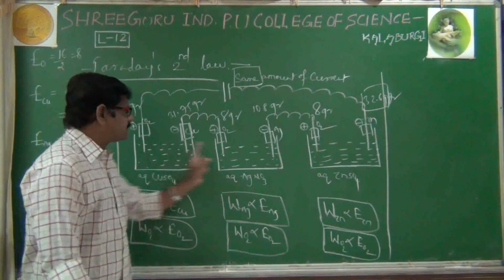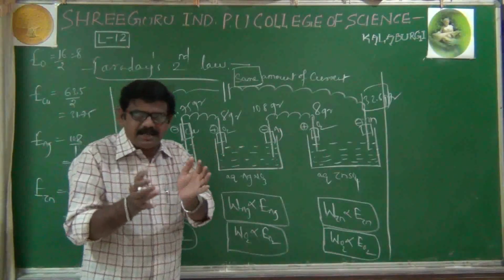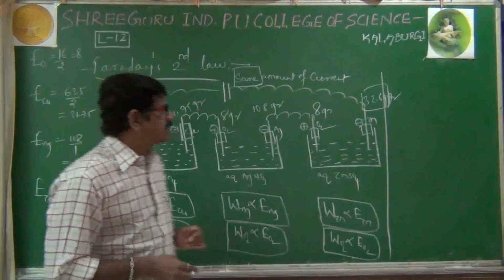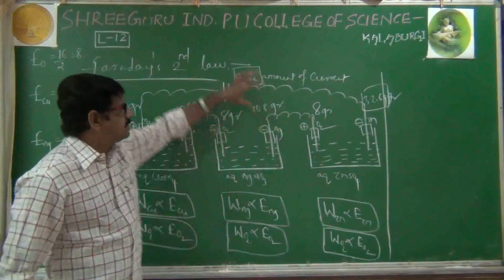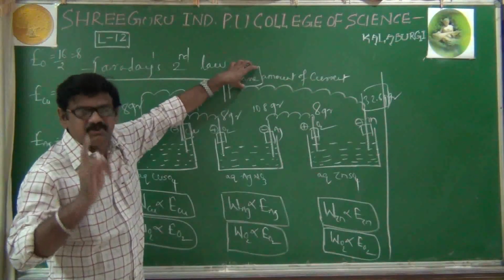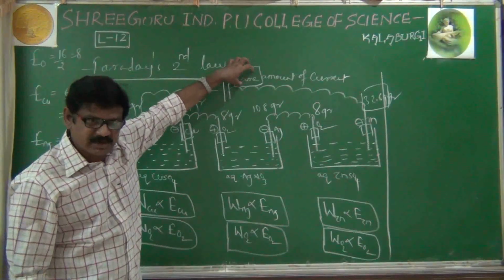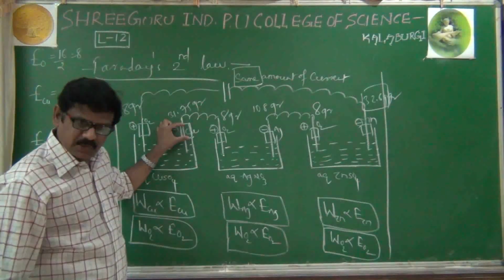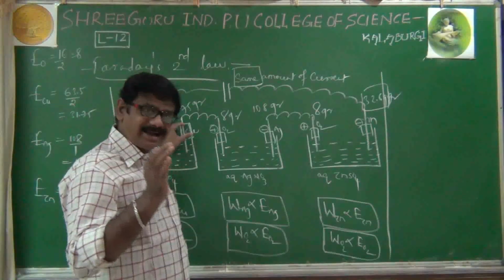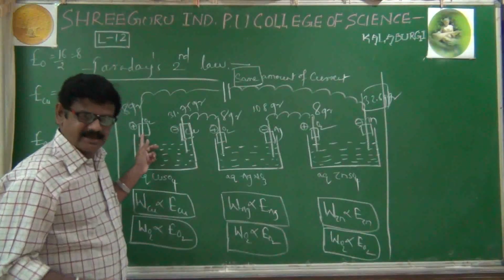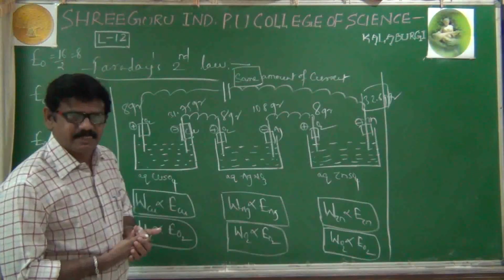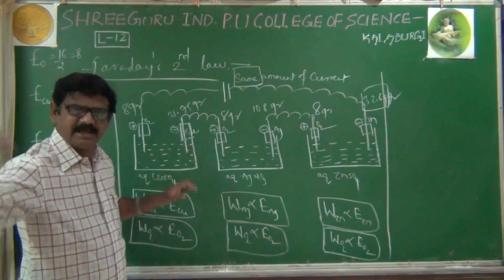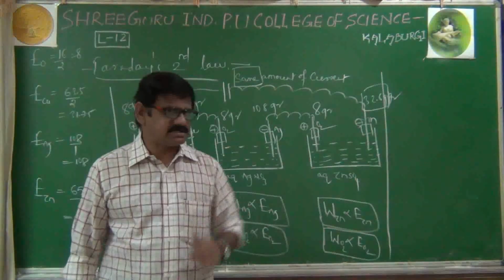One is, whatever the electrolytic cells we are using, all electrolytic cells should be connected in series. That is the first point. The second point is, in all electrolytic cells we have to send the same quantity of current. These two are very important things, remember. If you send the same quantity of current, then at the respective electrodes, whatever substances are deposited or liberated is equal to its equivalent mass. It means the amount of substance deposited is directly proportional to the corresponding equivalent masses.